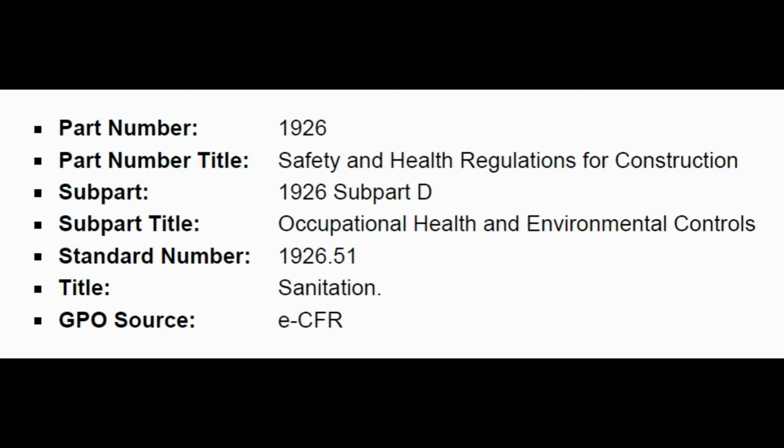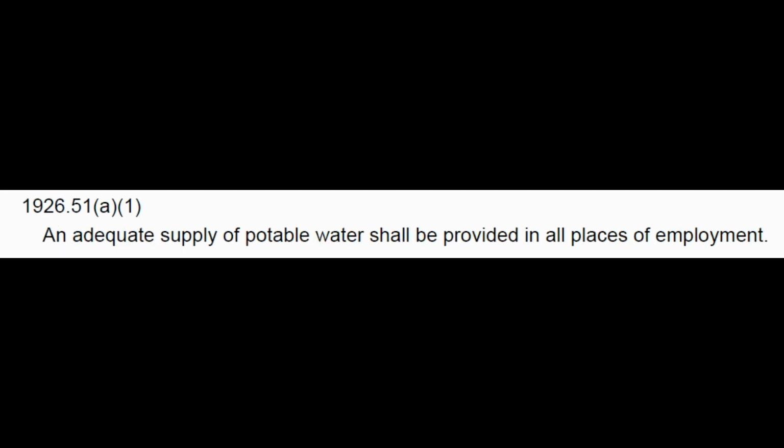OSHA 1926 subpart D, sanitation. 51 Alpha 1, an adequate supply of potable water shall be provided in all places of employment. You have to provide water to your employees everywhere. Everywhere. Even if you're a mobile crew, you have to provide them with water. One of the ways you can do this is your foreman every morning can swing by and get a couple of cases of water depending on how many people you have. Or